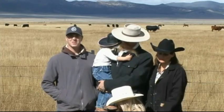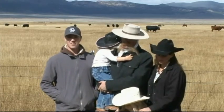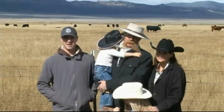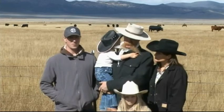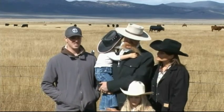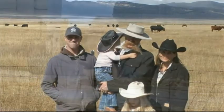So many times you see farms dissolve and they all get swallowed up into housing developments, and we don't want to see that happen. We want to keep it in agriculture, and it's really important to our family. So my father-in-law, Harvey Adams, had a portion of this operation, and he incorporated it into a Type C corporation, HA Farms, Inc. We've carried on the name,